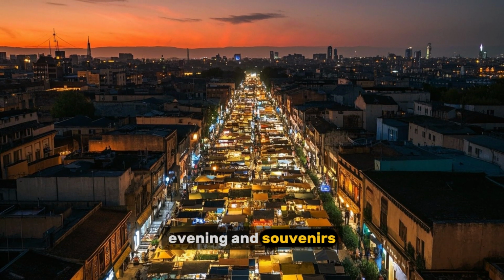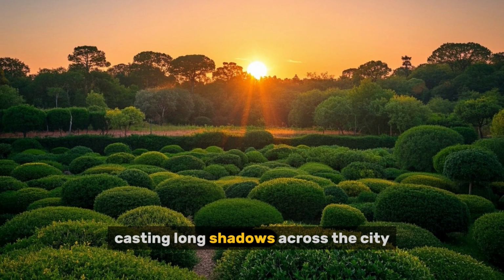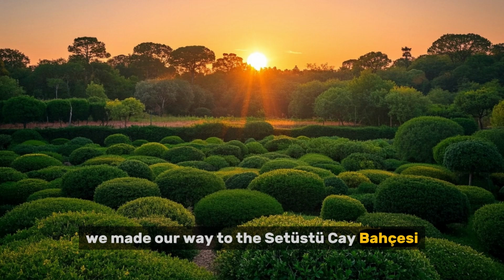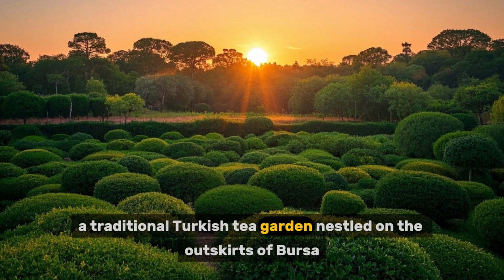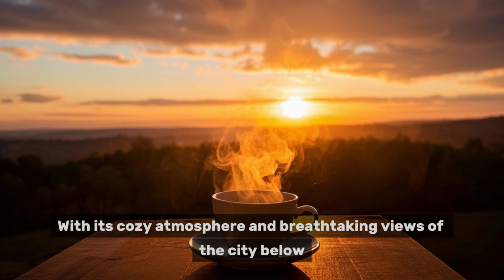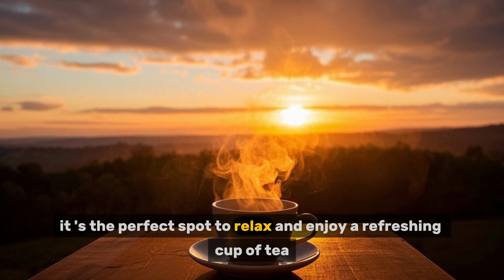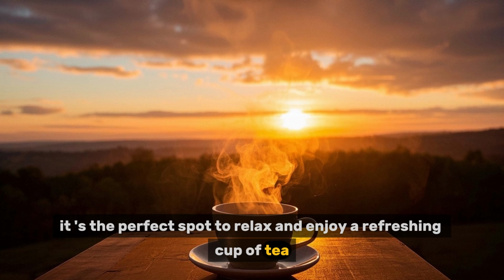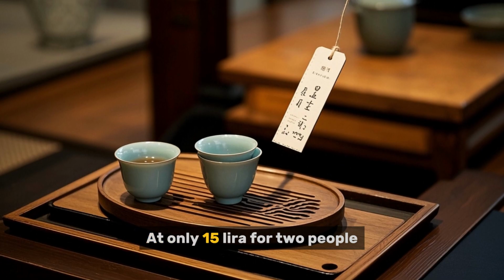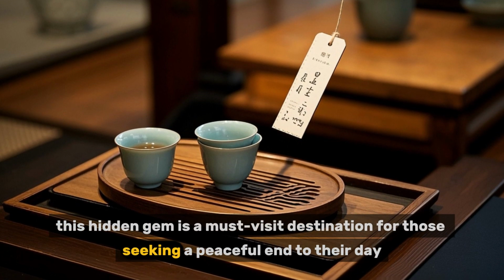5, Evening and Souvenirs. As the sun began its descent, casting long shadows across the city, we made our way to the Chestnut Bazaars, a traditional Turkish tea garden nestled on the outskirts of Bursa. With its cozy atmosphere and breathtaking views of the city below, it's the perfect spot to relax and enjoy a refreshing cup of tea while soaking up the vibrant colors of the sunset. At only 15 lira for 2 people, this hidden gem is a must-visit destination for those seeking a peaceful end